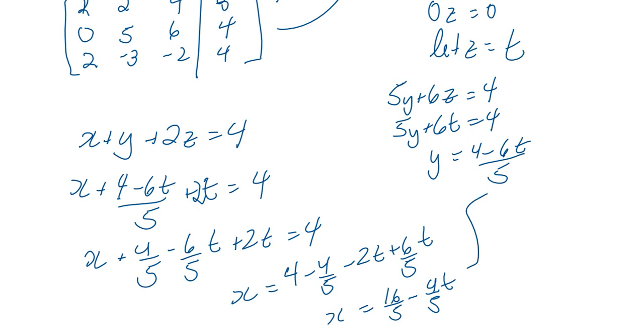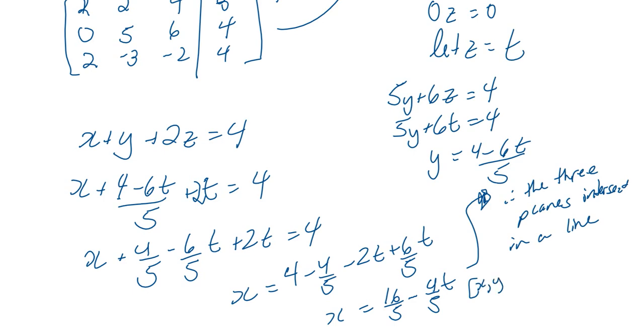Okay. Now, don't forget to write a conclusion. So therefore, the three planes intersect in a line. Define the line using your parametric equations. Write it out as a vector. So x was 16/5, y was 4/5, and z was 0. Our t coefficients were,